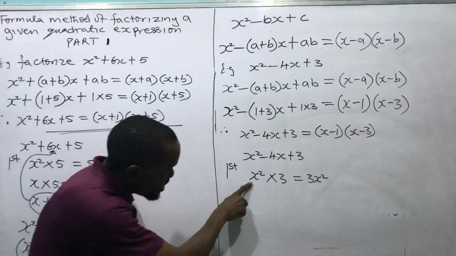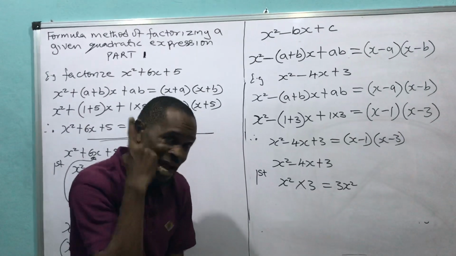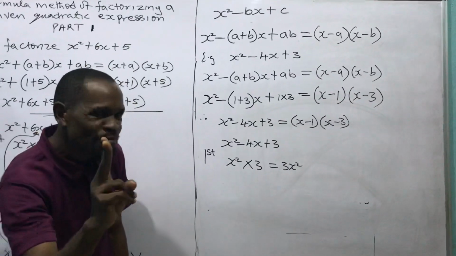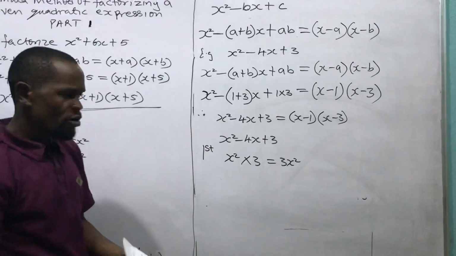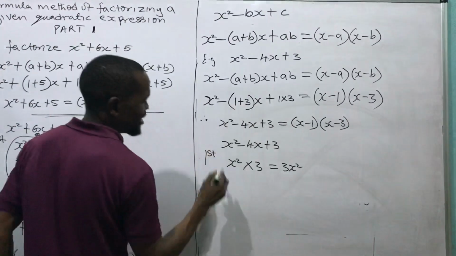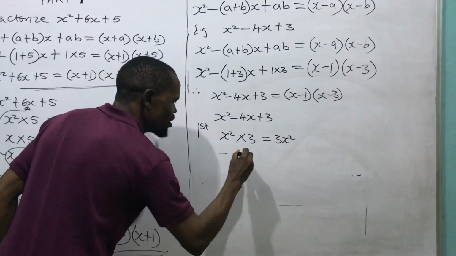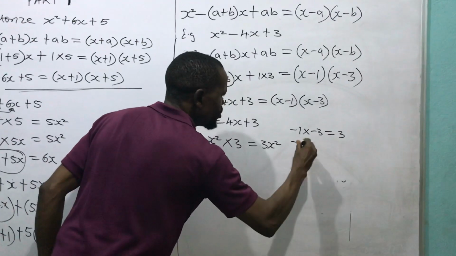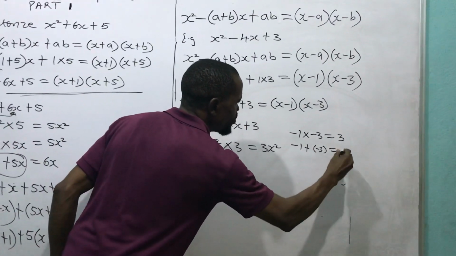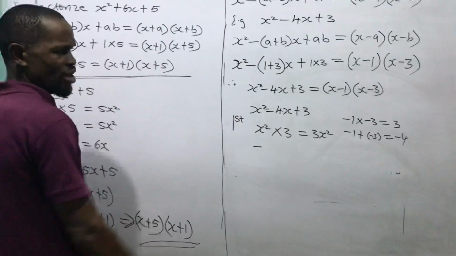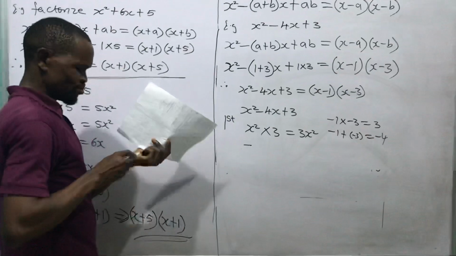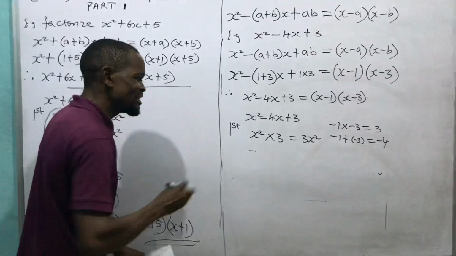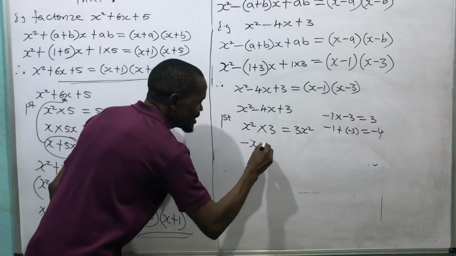Watch what I'm saying. As I've done this, I will ask myself, what will I multiply together that will give me 3x squared, and when I add them together, it will give me minus 4? And that is what we have here, 1 and 3. That means minus 1 times minus 3 will give me 3, and minus 1 plus minus 3 will give me minus 4. Do you get what I'm saying now? What will I multiply together to give me 3, and when I add it together, it gives me minus 4? And immediately I do that, it means that x minus x times minus